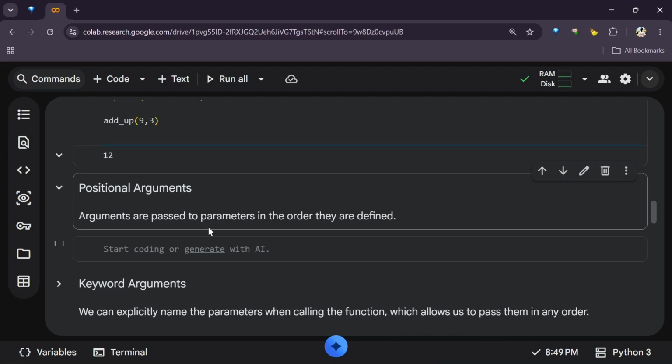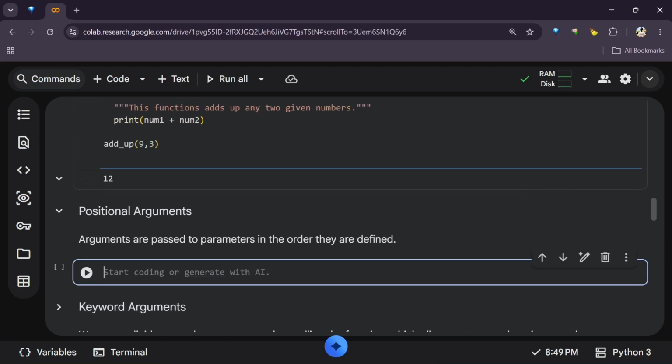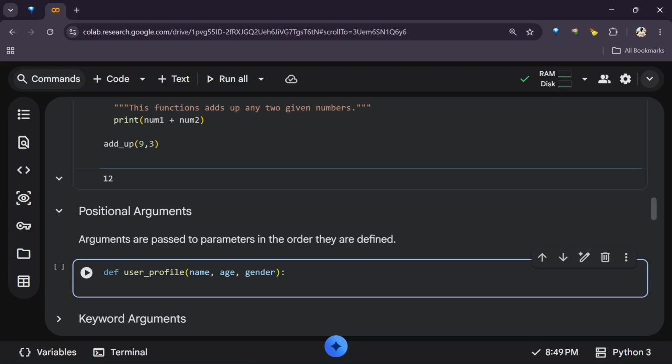Now, arguments are passed to parameters in the order of definition. Let's see something like that. So let's say def user profile. So we get the name, we get the age, we get the gender. All right. So let's just say this, and we want to